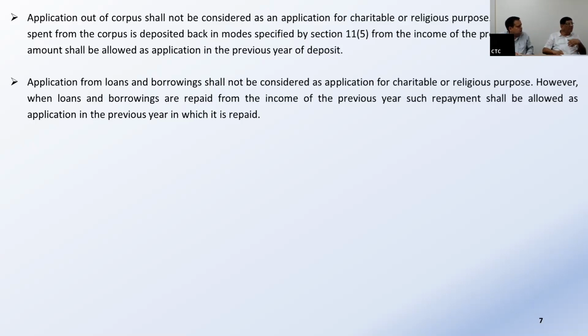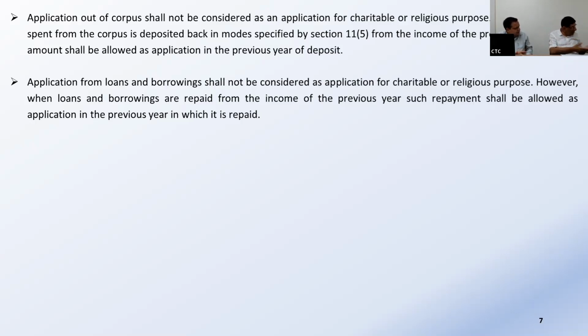The question was, what about the opening corpus? Whether that is also to be covered under specifically showing, or whether only the current year's. Because the explanation which has been added to this amendment says that such corpus, the word such corpus, is to be specifically shown or reflected in the accounts. So such means the corpus which has been received during the year and whether applied or not applied during the year, then there is no question of investment. Even if you have not applied and you have invested in that year, that is to be specifically shown.